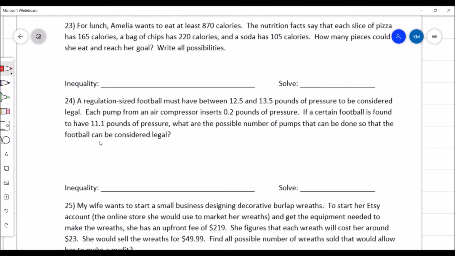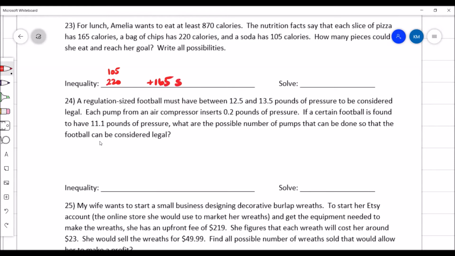For lunch, Amelia wants to eat at least 870 calories. The nutrition facts say that each slice of pizza has 165 calories, a bag of chips has 220 calories, and a soda has 105 calories. How many pieces could she eat and reach her goal? So we're talking about pieces of pizza, because she's going to have a bag of chips and a soda. So in her lunch, she has a bag of chips, 220, a soda, 105. And then pizza, we don't know how many pieces she's going to eat, but we know that it's 165